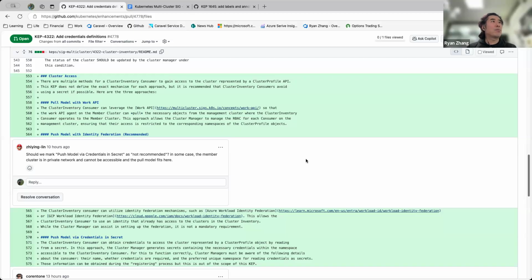Then this cluster profile object is really going to be useful when other consumers start to integrate with it. So I think some face-to-face time or some gathering might be good. If not, we can do it offline.